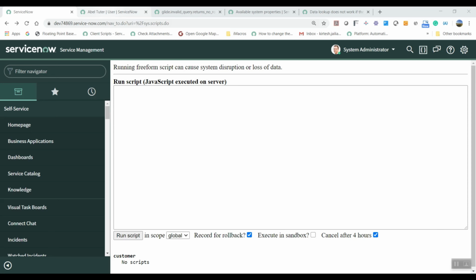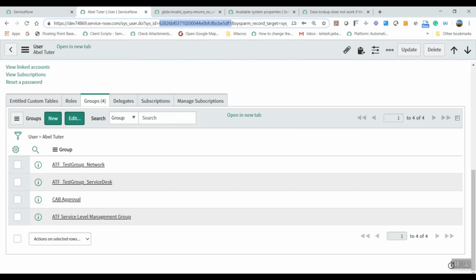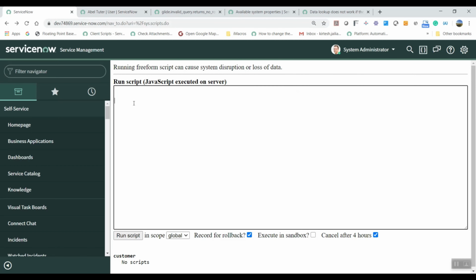Let's take the example of Abel Tuter. Currently you can see he's part of 4 groups, and we have to find the sys_ids of the groups. So just see the statement.